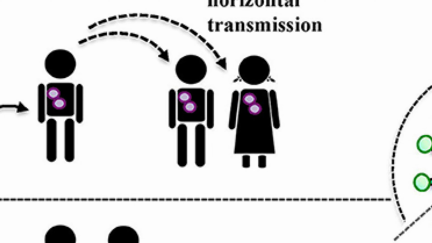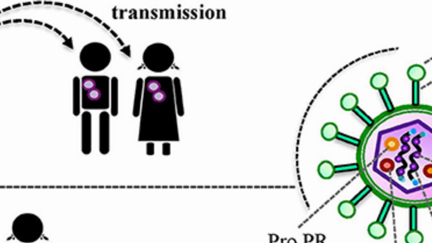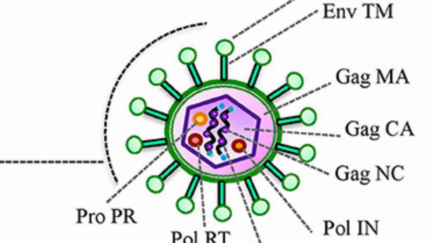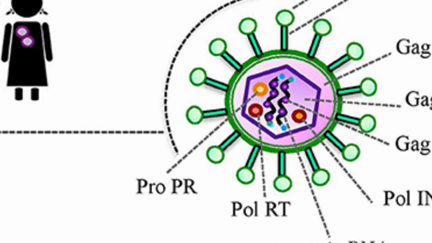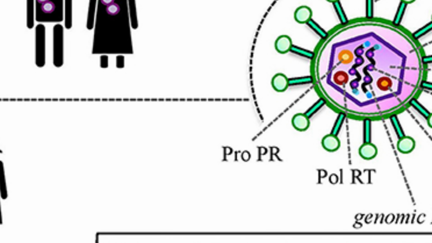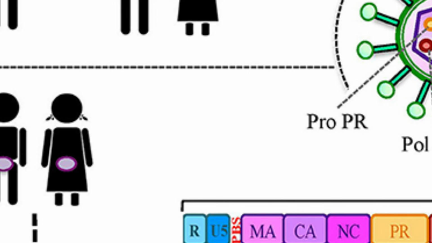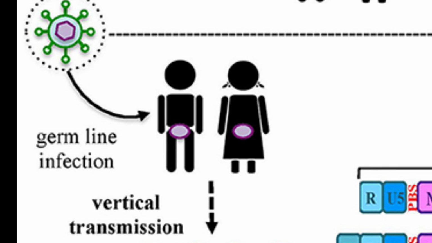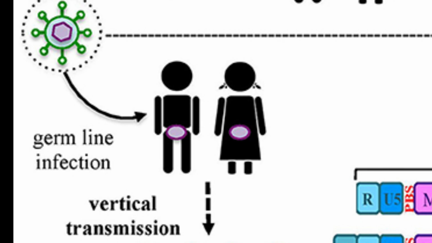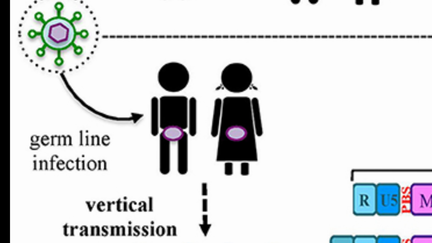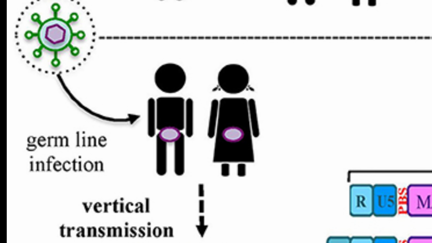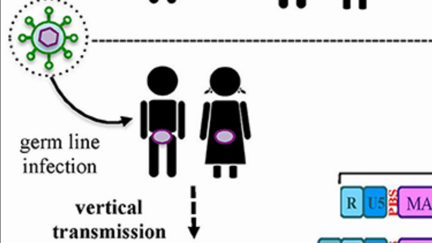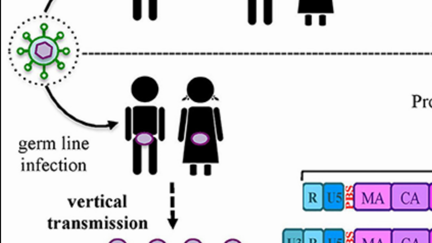Retroviruses are a unique class of viruses that possess the ability to reverse transcribe their RNA genome into DNA, which can then be integrated into the host cell's genome. When a retrovirus infects a germ cell, egg or sperm, or a cell that gives rise to the germ line, the integrated viral DNA can be passed on to subsequent generations. Over time, these endogenized retroviral sequences have accumulated mutations and have become fixed within the host genome, giving rise to